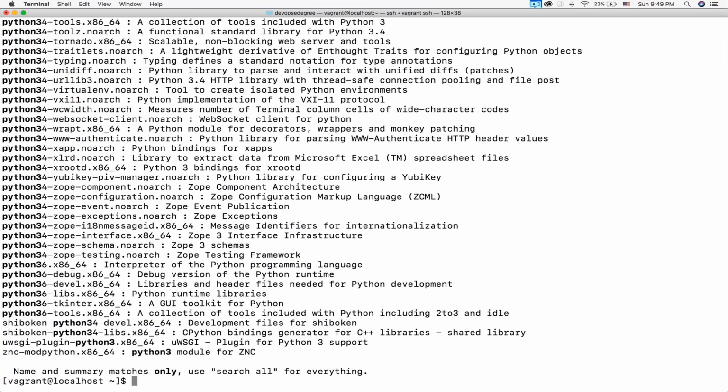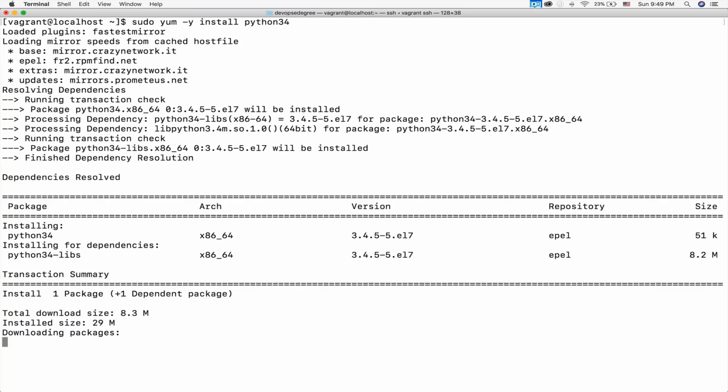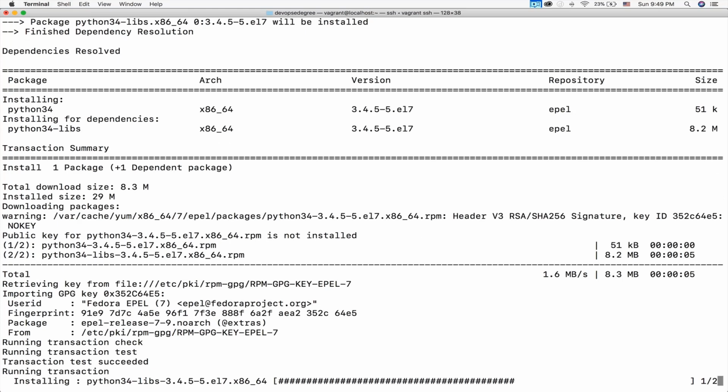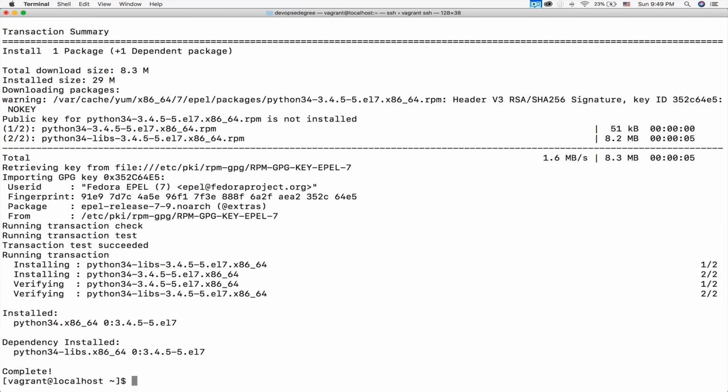Okay, and you have several Python 3.4 packages here. You can just use sudo yum -y install python34, which is short for Python 3.4. This is not the very latest Python package. The latest one at the time of this recording is 3.6, but the latest version that is supported by the